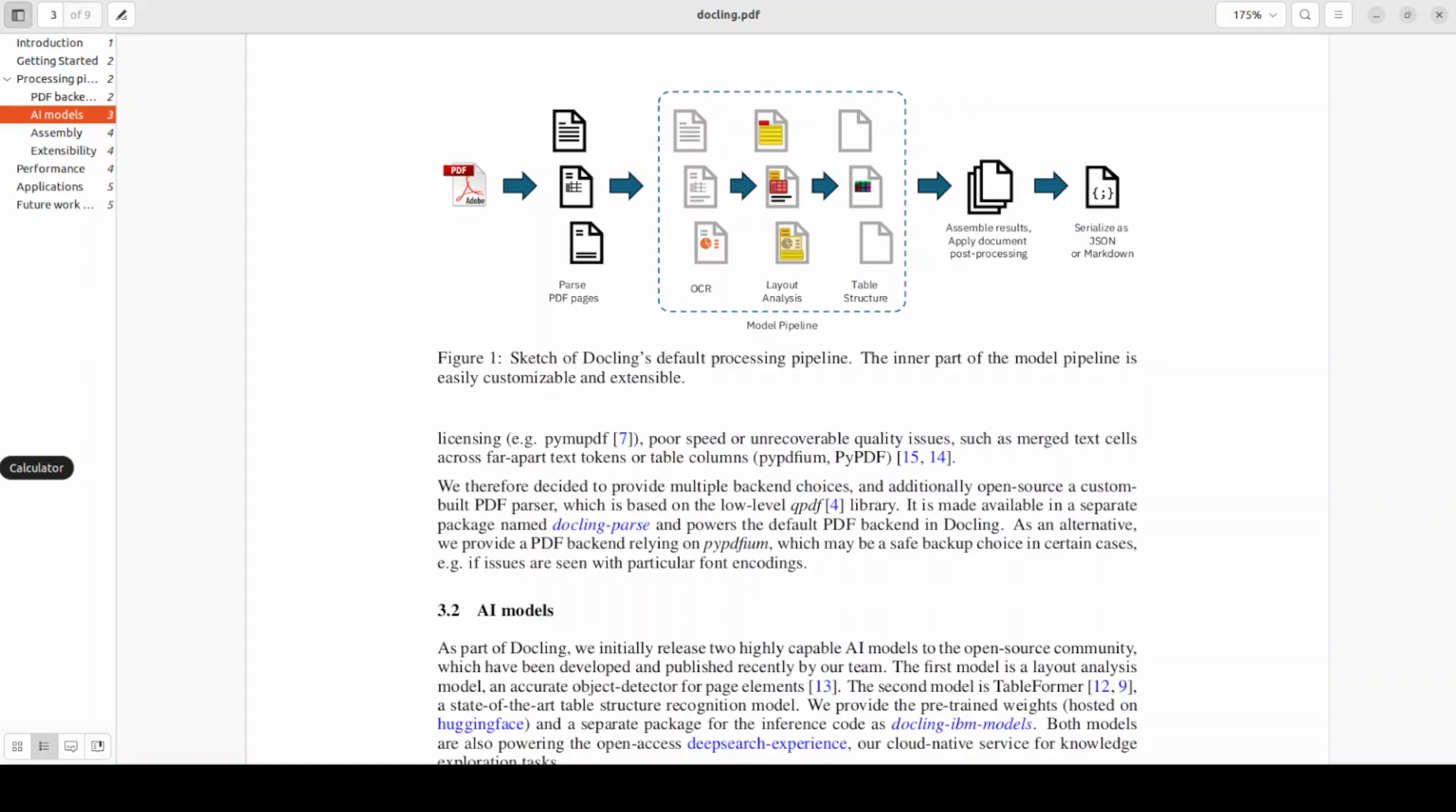Table structure, OCR. Figure 1: Sketch of Docling's default processing pipeline. The inner part of the model pipeline is easily customizable and extensible. Licensing, e.g., PyMuPDF, poor speed or unrecoverable quality issues, such as merged text cells across far apart text tokens